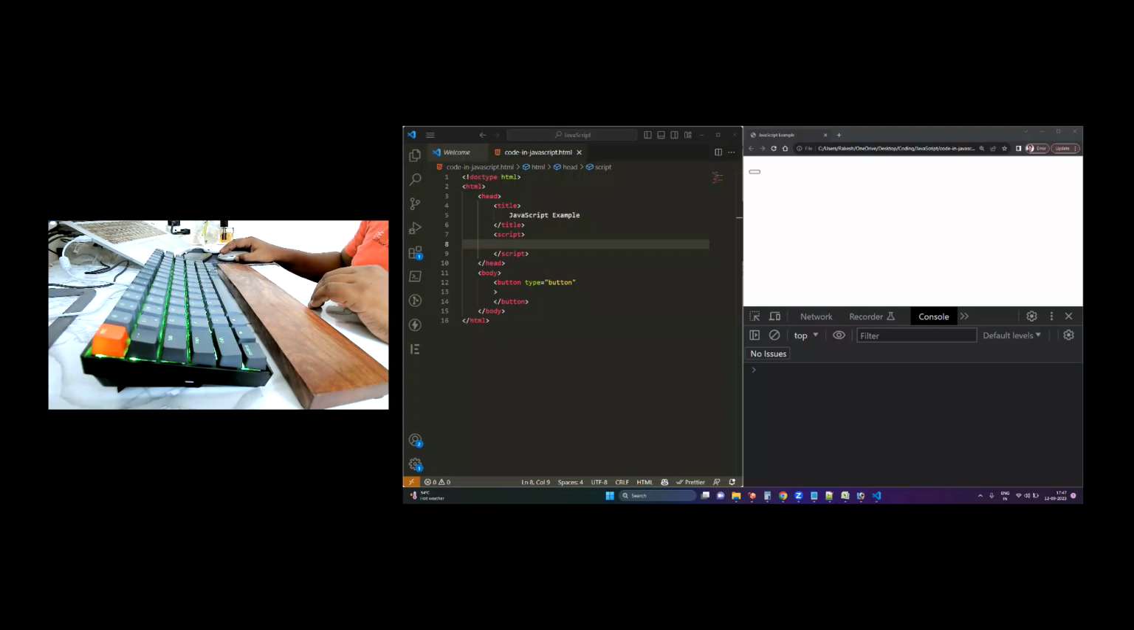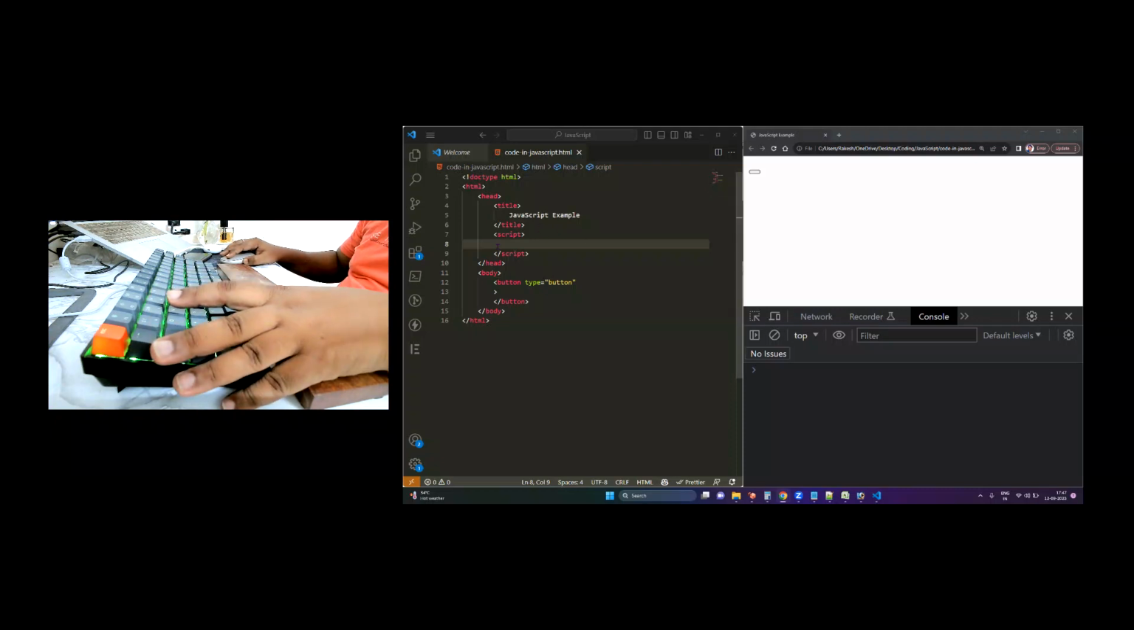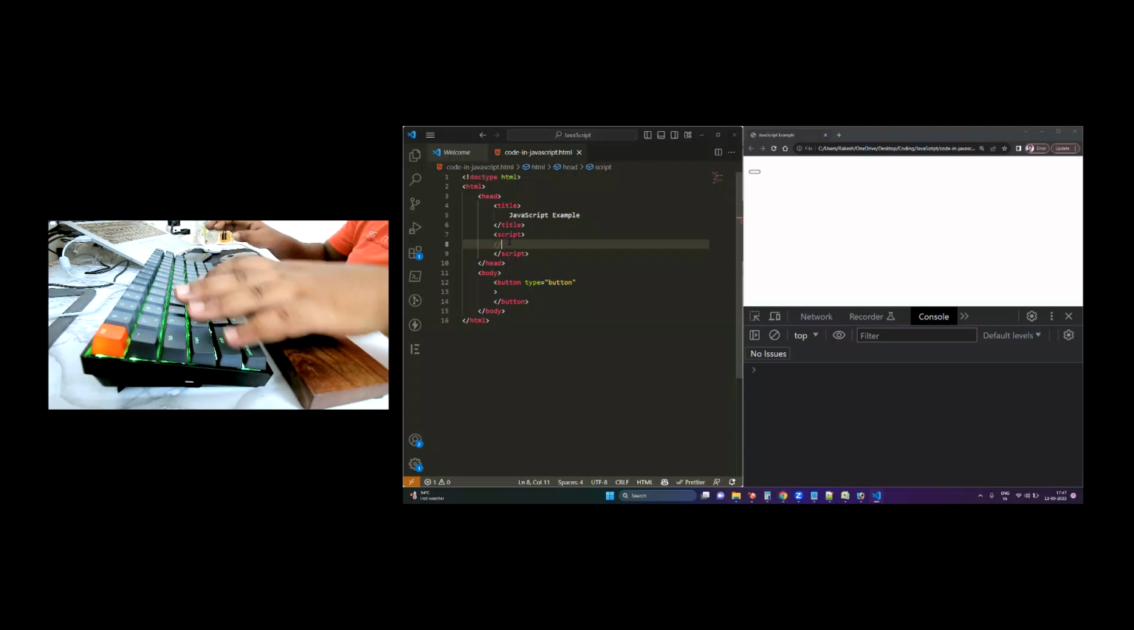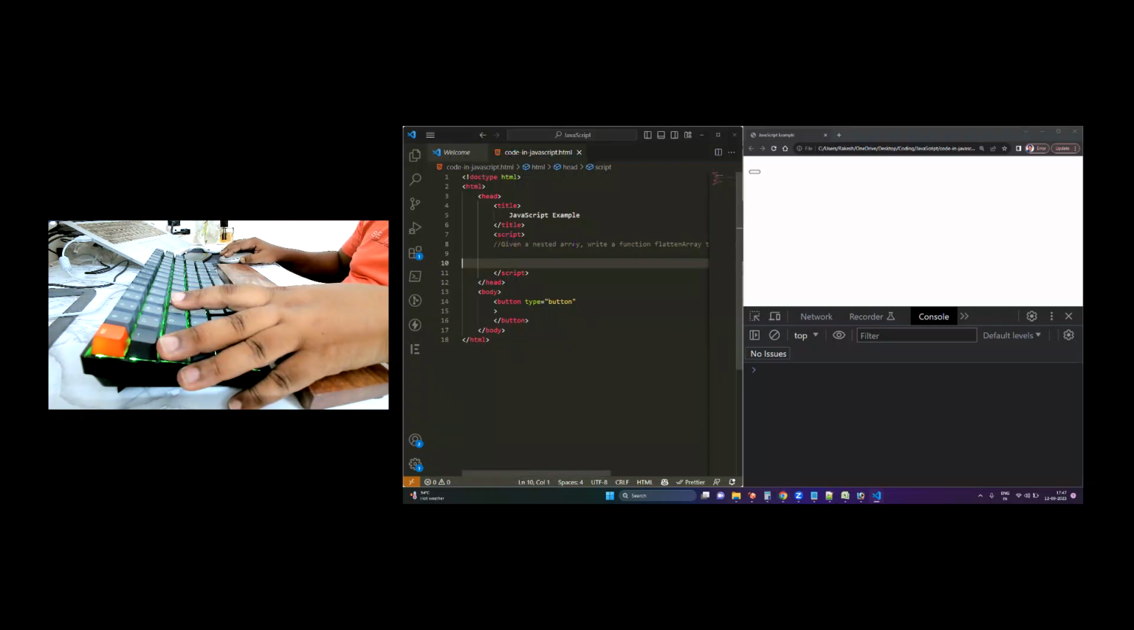So let's say we can have a question. The question could be this one: given a nested array, write a function flattenArray to flatten it into a single level array. So what will happen,